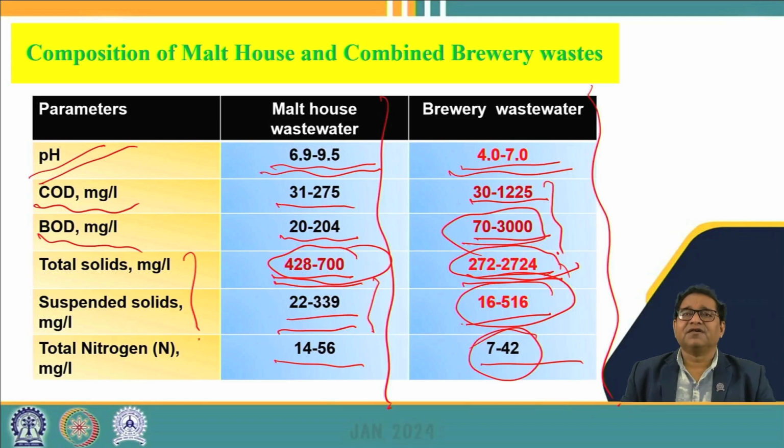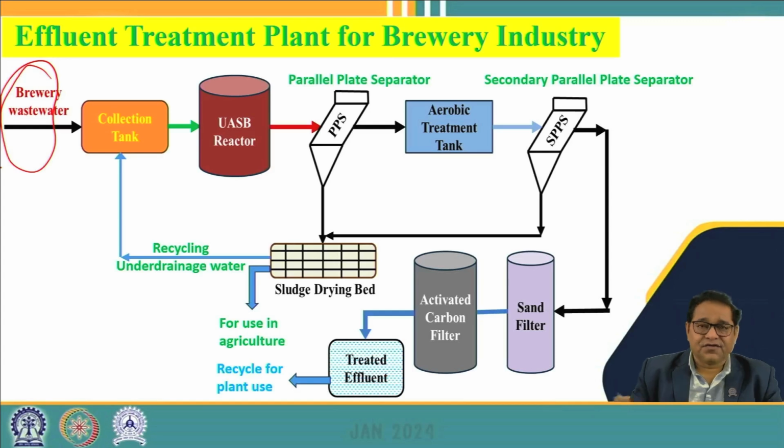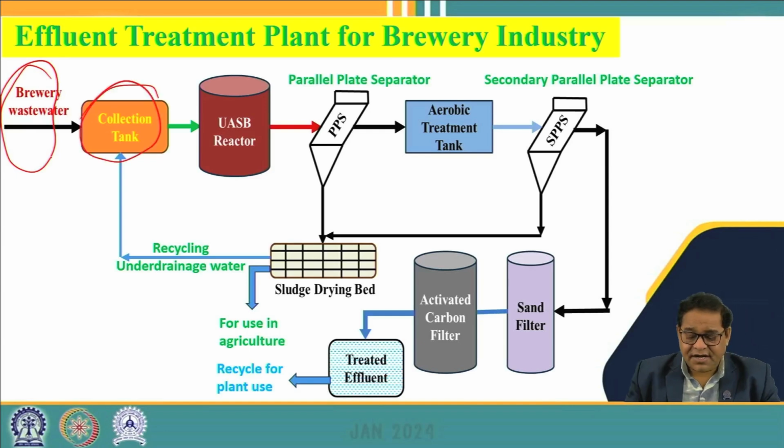So if we mix this wastewater in an equalization cum neutralization tank, then a lot of the expenditure involved in neutralization can be avoided, and that can be achieved in this type of wastewater. This is basically the diagram showing the conventional treatment system used in the brewery industry. Here, the brewery wastewater comes out as combined wastewater after equalization and neutralization, and is taken and stored in a collection tank, and from here it goes to the anaerobic treatment system, which